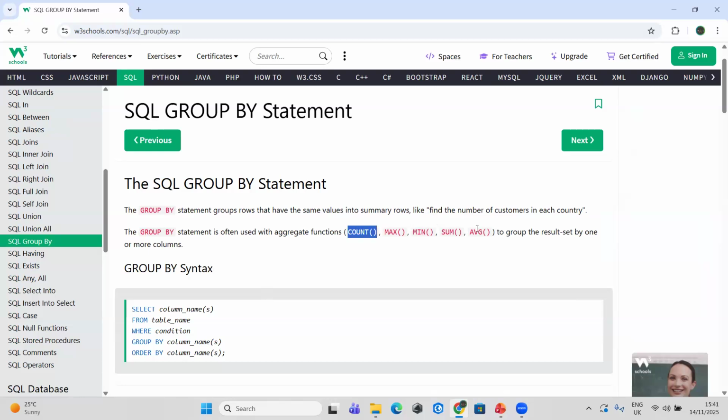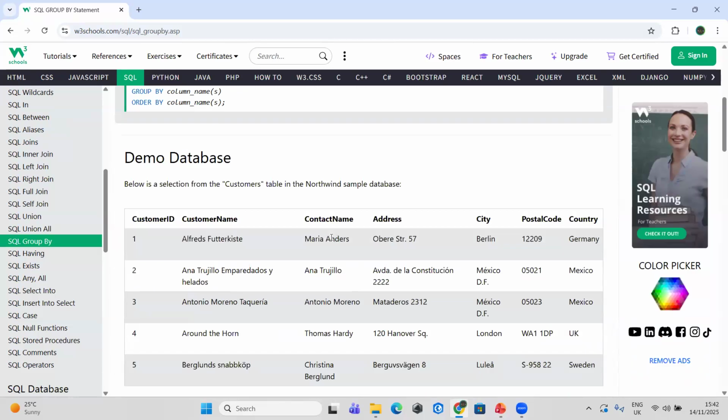So just remember these are called the aggregate functions, right? Yes. So now it asks, this GROUP BY is often used with them. So how it works is